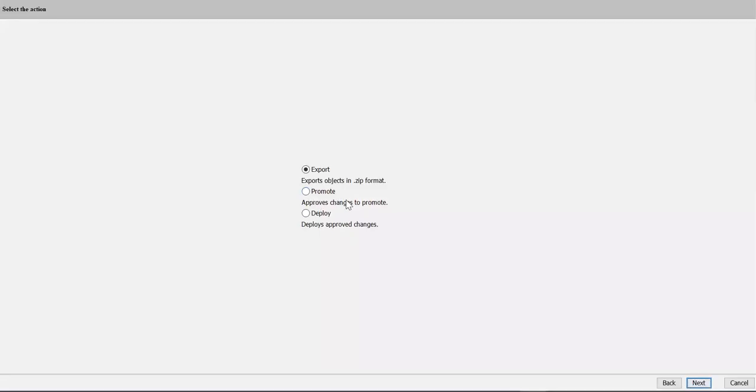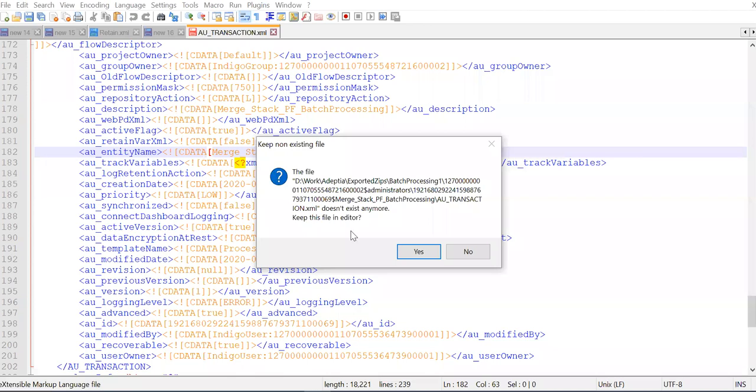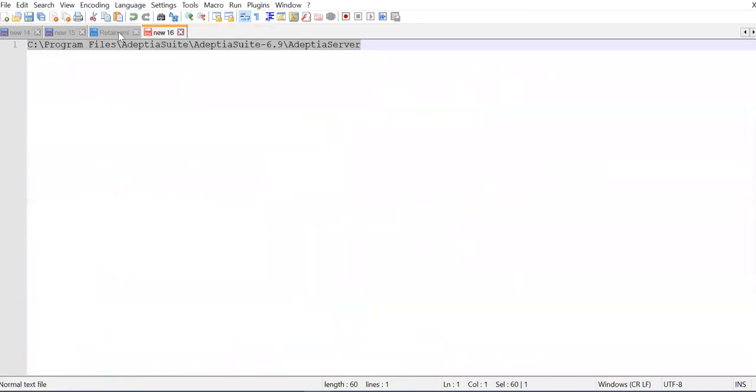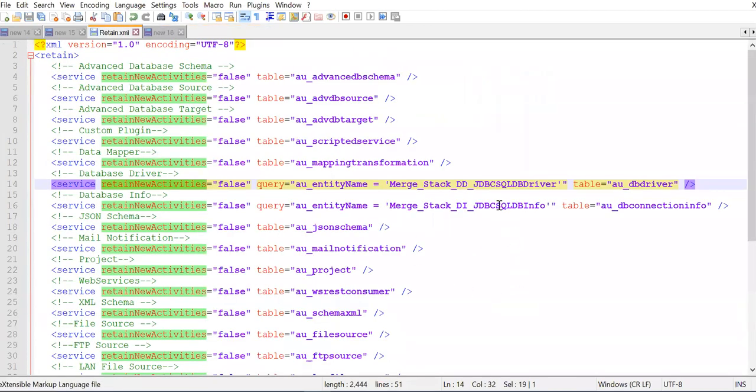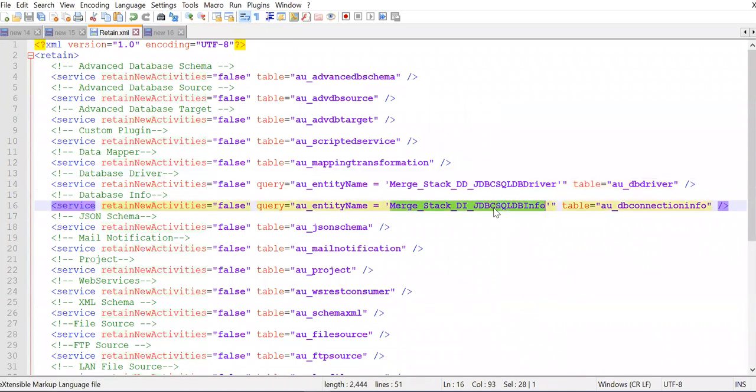The second option is promote. Promote is where you are comparing the artifacts of two environments. Okay, what are the new artifacts? What are the updated artifacts? All of those will happen in this promote option. I won't be showing the promote option because I don't have two different environments, but still I'll talk about it. While comparing, you can provide the retain.xml explicitly. You can say that these are the artifacts you want to retain, and the new artifacts you want to migrate.